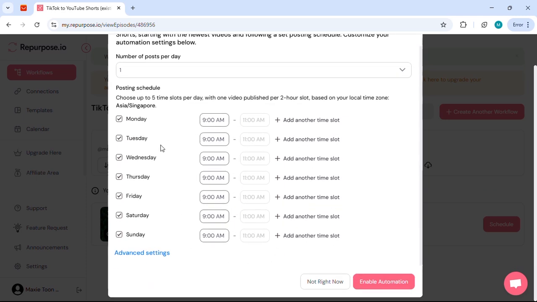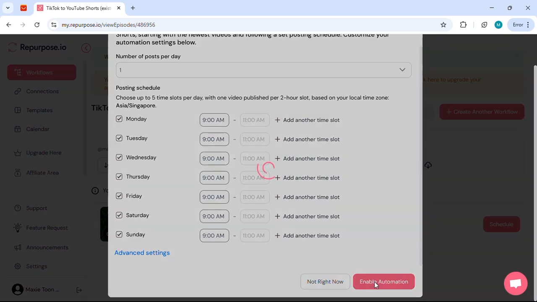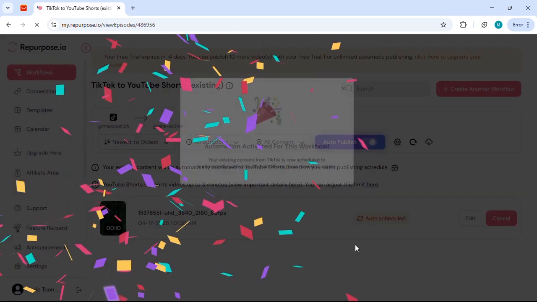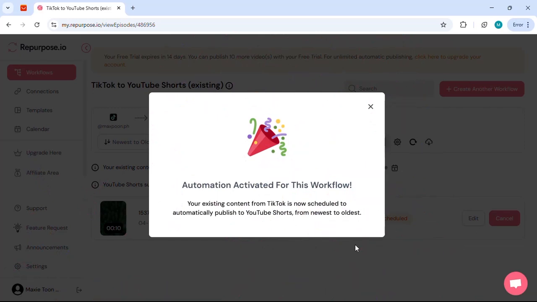And once you're all done with this schedule, just tap enable automation. And there you go. You already repurposed your TikTok videos to your YouTube Shorts.